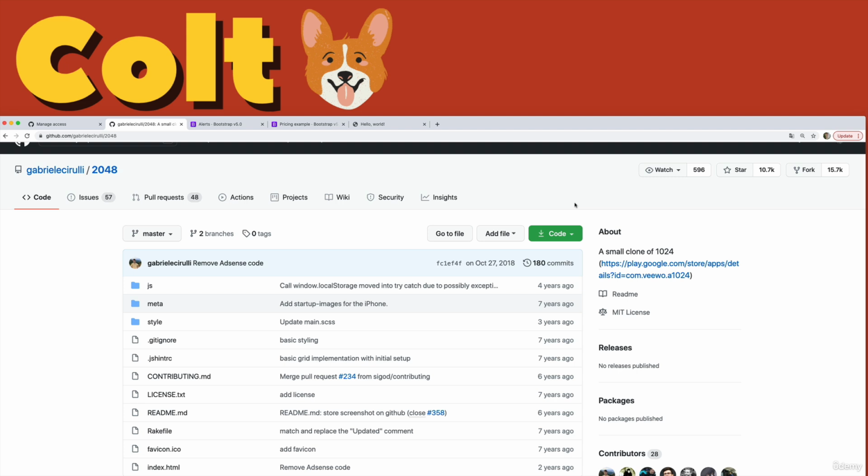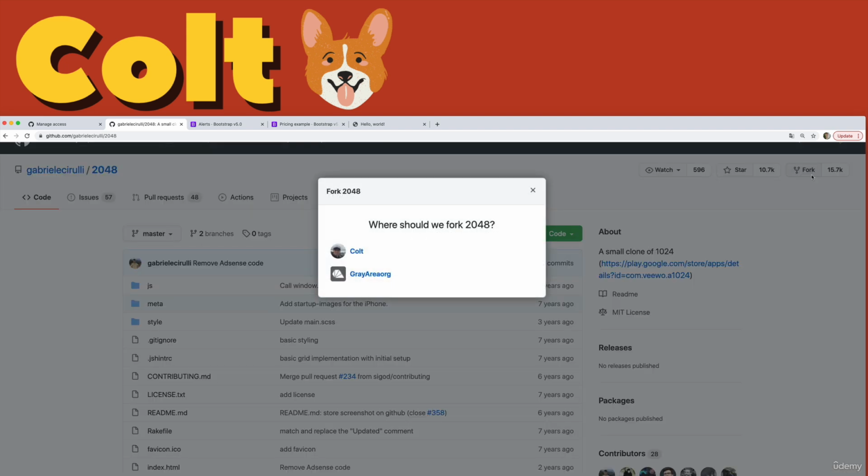I want my own version on GitHub where I can totally screw things up and share it with people, maybe even add my own collaborators. I want to work with my friend, I don't have friends these days, my friend Llama Lady. I want to work with her on our own version of 2048. We'll use this as a starting point, and then I will fork it, or she can fork it, and then I can add her as a collaborator.